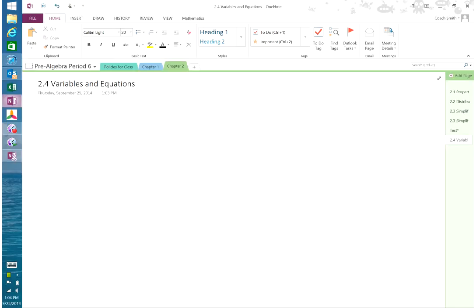All right, 2.4, variables and equations. Let's talk about the definition for equation. An equation is a mathematical sentence formed